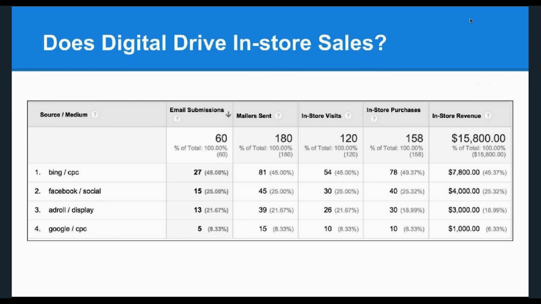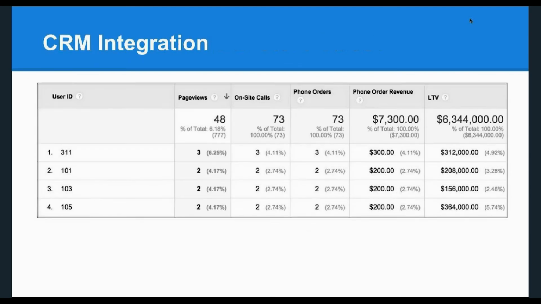And now this data, again, is telling a more compelling story. And this information helps us not just see if marketing does in fact impact in-store sales and revenue, but what marketing channels are driving in-store revenue and how much. So the next question is, well, where do I allocate my digital dollars? It becomes quite vivid.